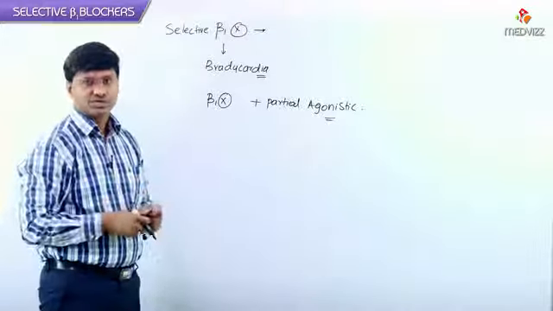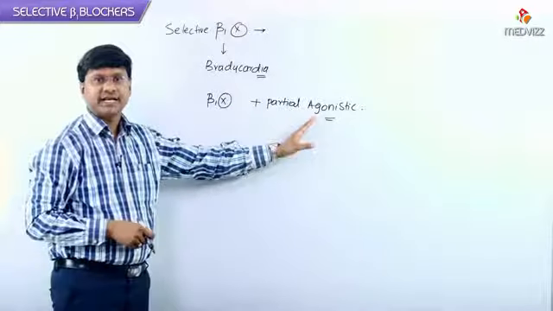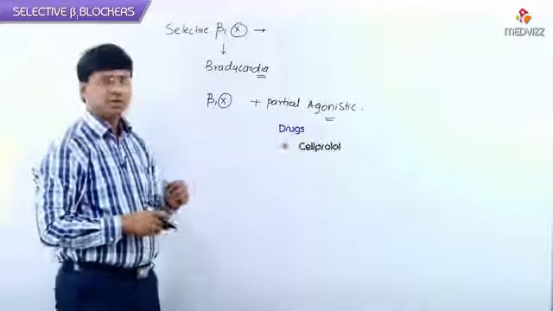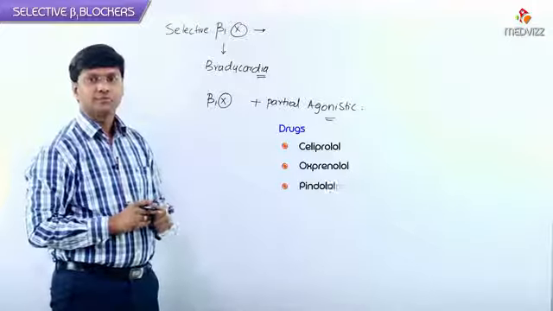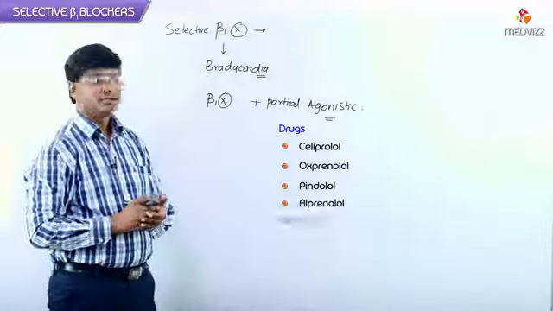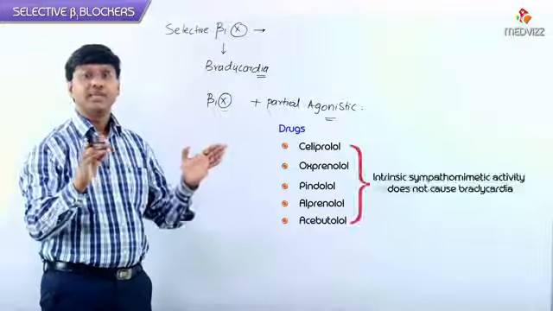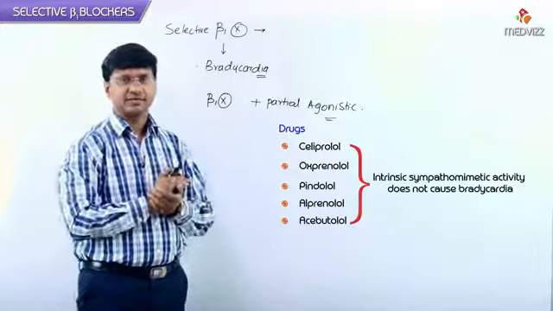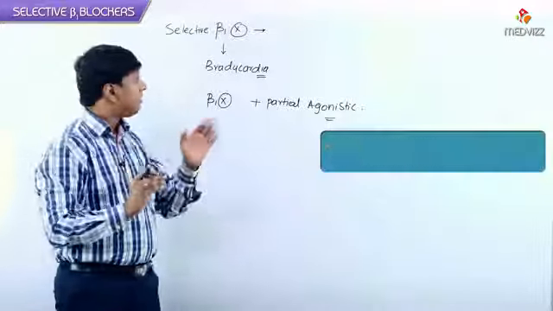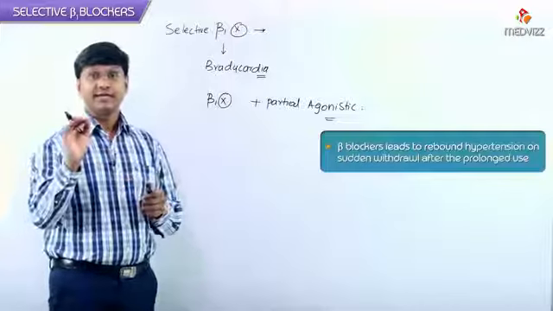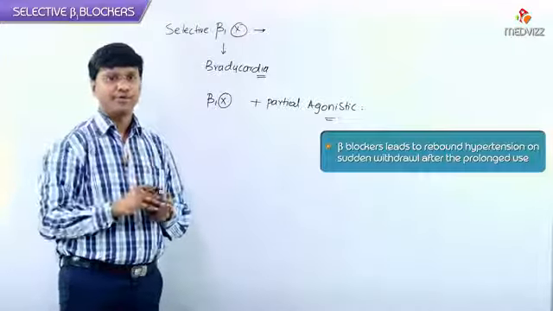Now, what are those drugs? Those drugs which have beta 1 blockade along with partial agonistic activity include celiprolol, oxprenolol, pindolol, alprenolol, as well as acebutolol. These are beta blockers with intrinsic sympathomimetic activity. They will not cause bradycardia. But remember, all beta blockers can lead to rebound hypertension